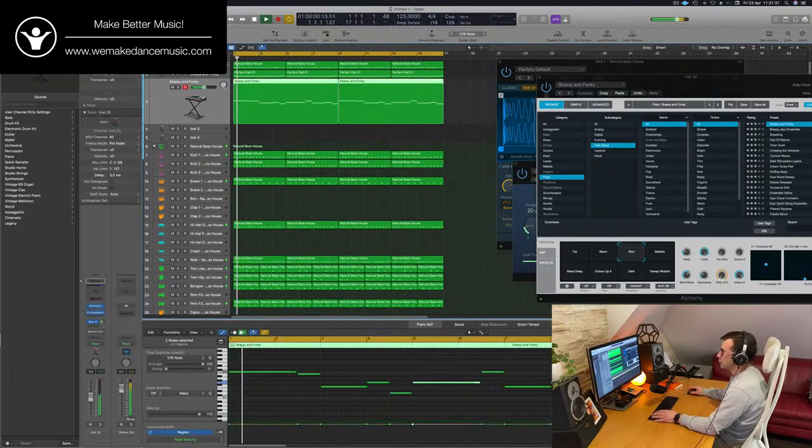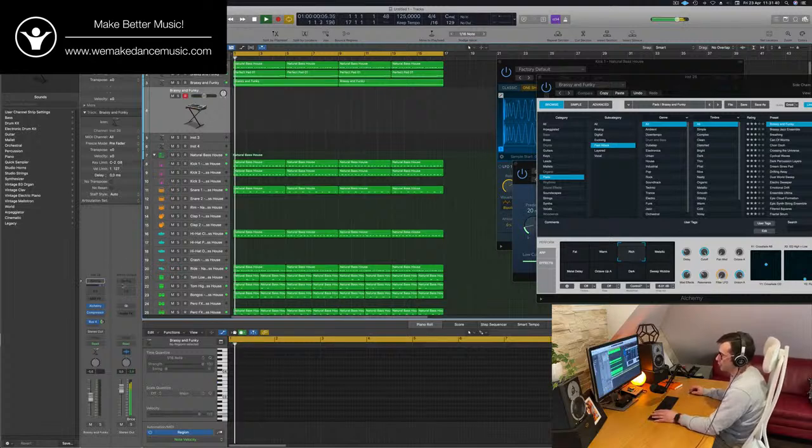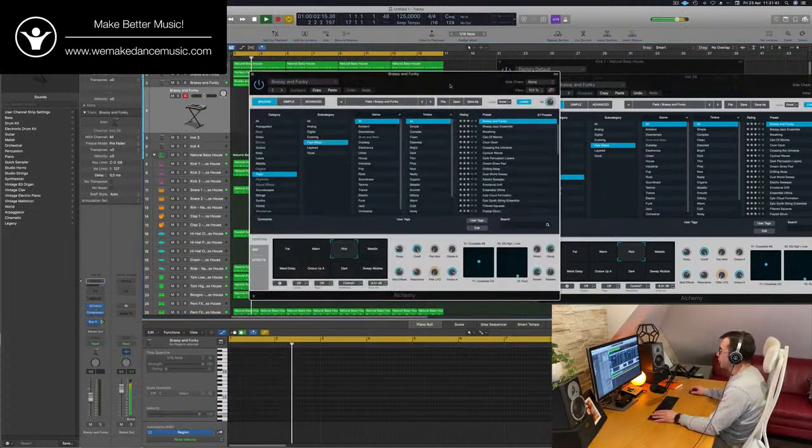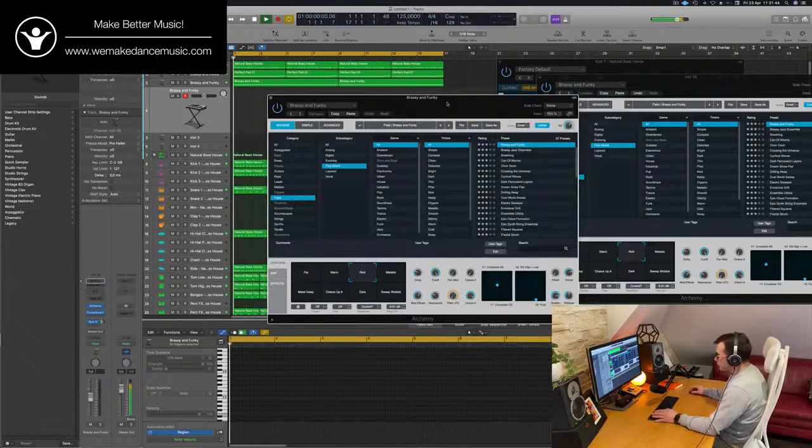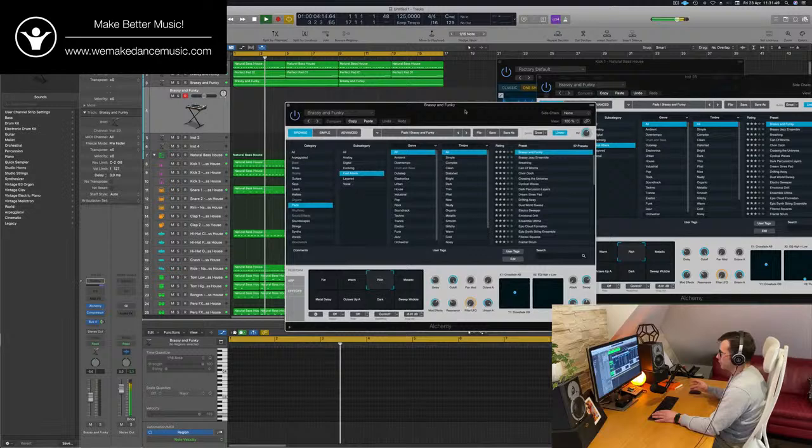I think I'm going to continue in this vein of brassy kind of stuff. I'll try to put something in the mid-low range, like something